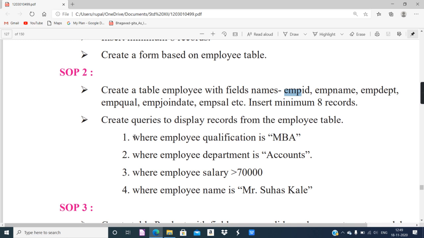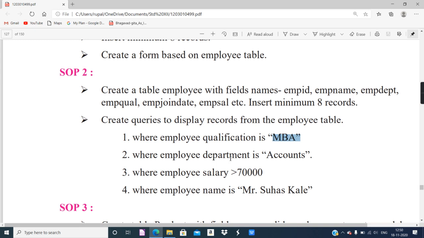After that, you have to create queries where queries are having criteria. You have to create a query where you filter the records where the qualification must be MBA, and the department must be accounts. You have to create 4 different queries.